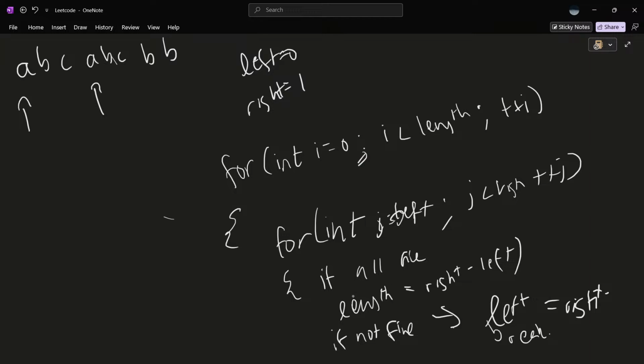If all fine, we also don't update R because we don't want to update R. That's stupid. So that was my mistake. I said plus plus R here. This is wrong. We should not do this. Got it. Let's go back to the drawing board. Or not the drawing board. Let's go back to